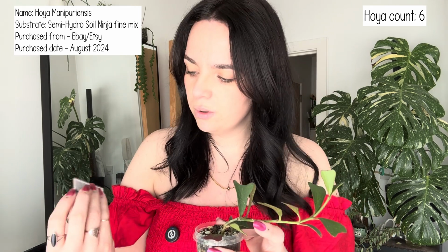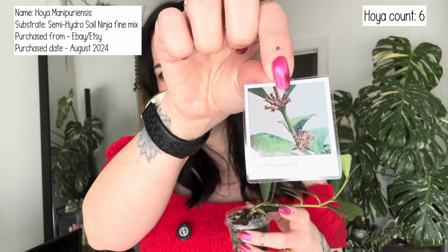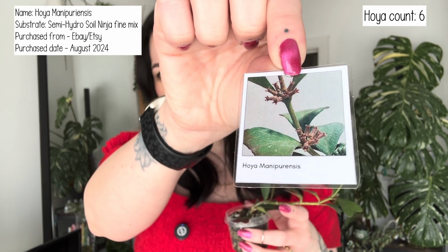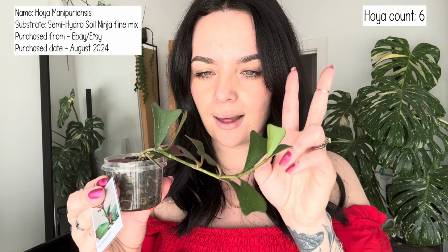Okay, hang on. Let me show you. Manipurensis blooms are not it. They're weird. They almost look like Dischidia blooms, but apparently this is definitely a Hoya. But yeah, nothing exciting. So this long one is the